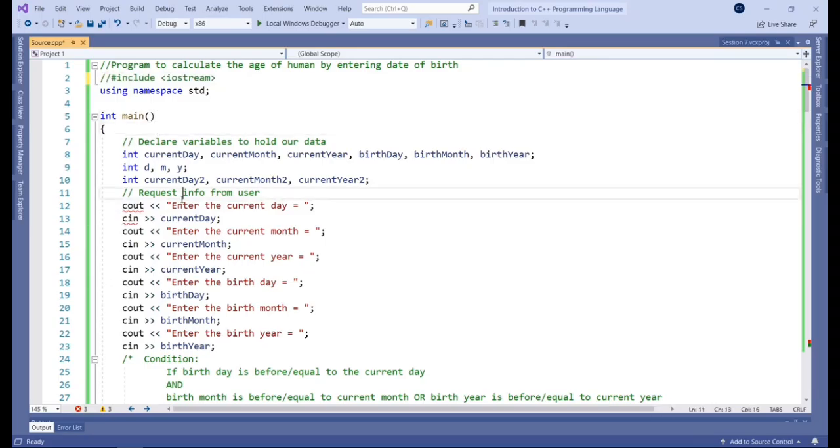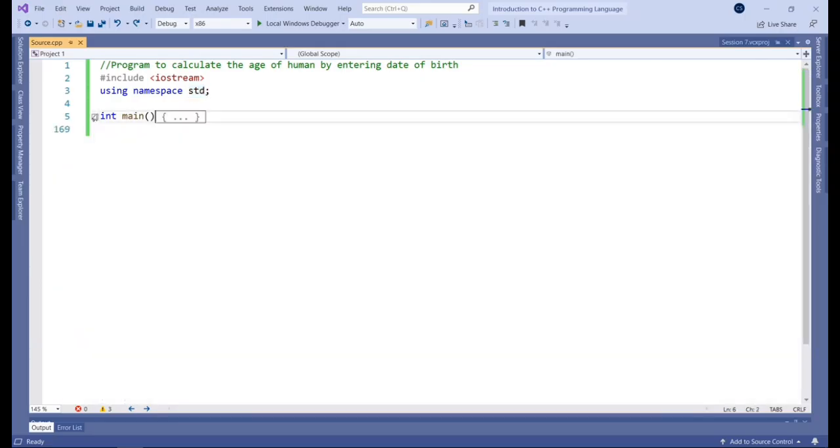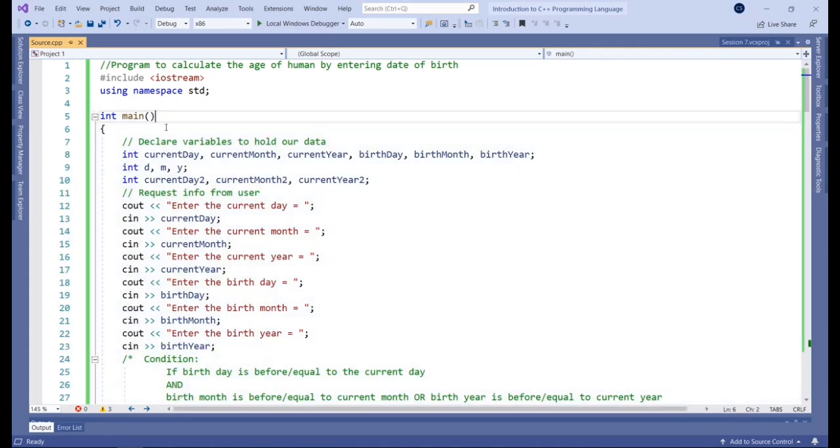The next bit is quite easy to forget sometimes, which is the namespace declaration, to tell the compiler which set of keywords you're going to be using to write your program. Then we get into our main function, which is going to encapsulate all of our code that's actually going to be running.